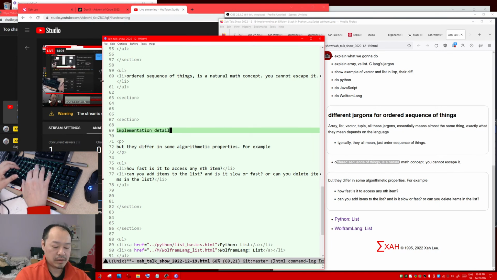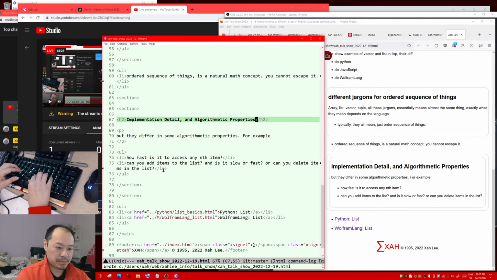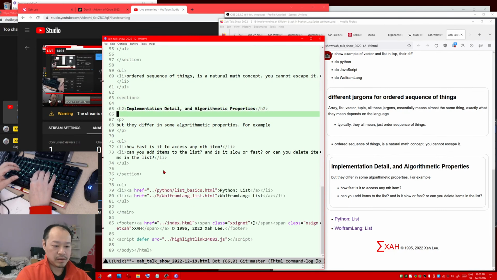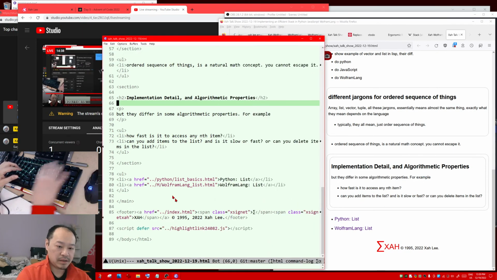Implementation detail. Okay. And algorithmic properties. Okay, I don't have a shortcut. Implementation detail and algorithmic properties. Okay. So they differ in some algorithmic properties, and